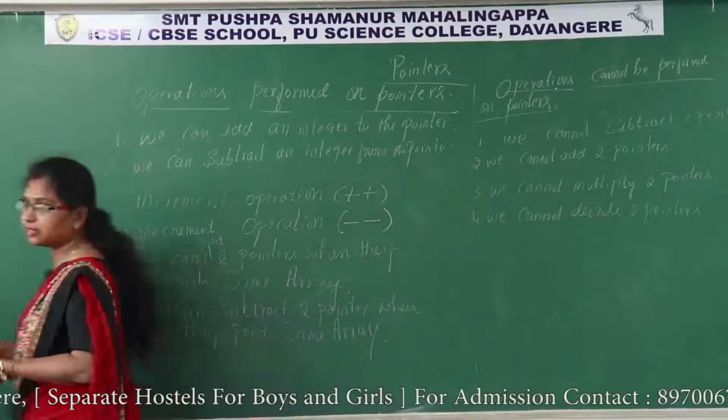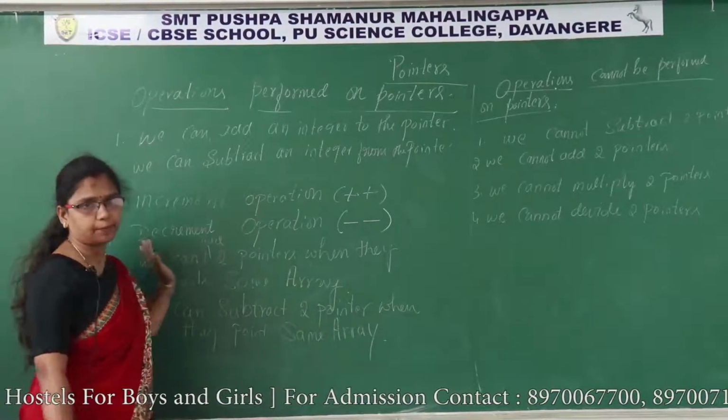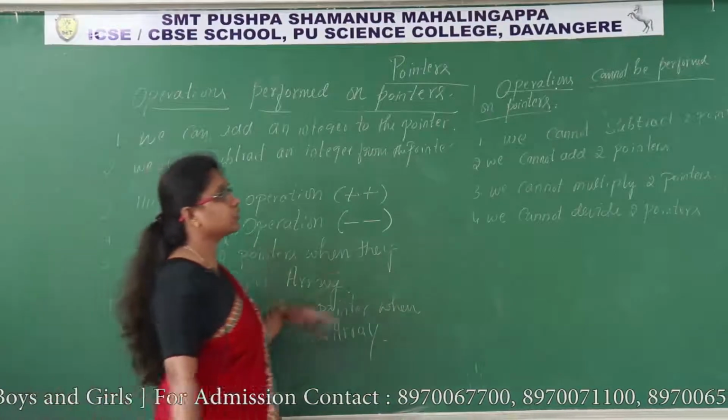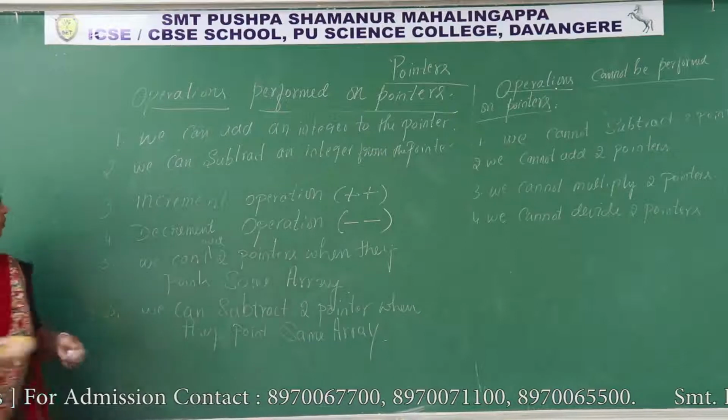Now next, we can increment a pointer, we can decrement a pointer, and these are the same. What are the operations performed on pointers, and what are the operations we cannot perform on pointers? Next concept,